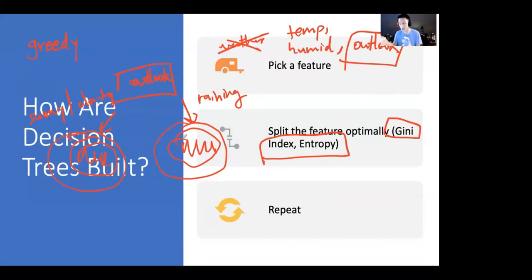That's the best feature to be splitting on. And so let's say that the best feature to split on is outlook, because when it's raining, you definitely don't want to go outside. Then this would be a good feature to split on, because once you split on outlook, approximately, or not necessarily half, but a big portion of your answer is already going to be immediately decided, which is no. So outlook would be a good feature to split on.